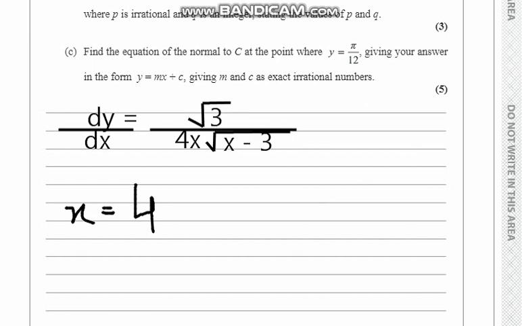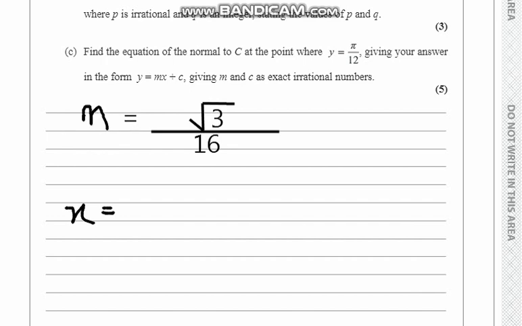Now remember guys, when you find a differential of any function, that differential is the gradient that will give you the gradient if you input x into it. So I have the differential and I'll put x as my 4 here, so root 3 upon 4 times 4, that's 16, and that will be 1, so root 1. So my final product will be, there you go. So our m value will be, oh wait, I forgot to remove dy by dx. So our gradient is root 3 over 16.